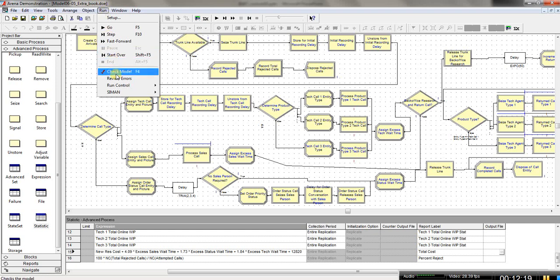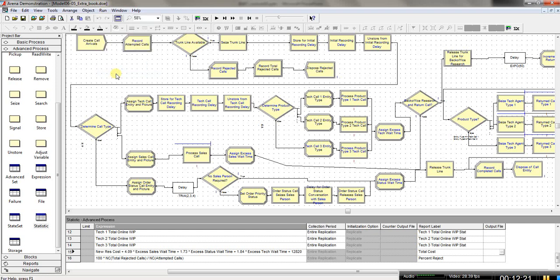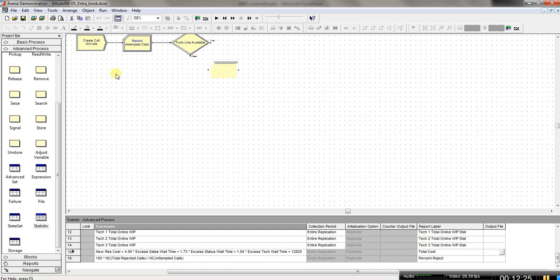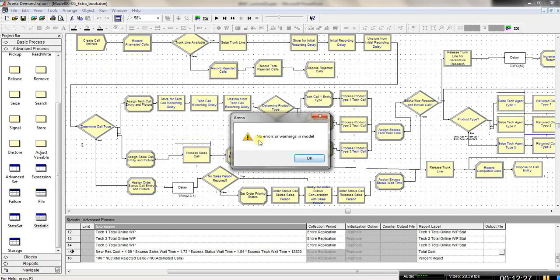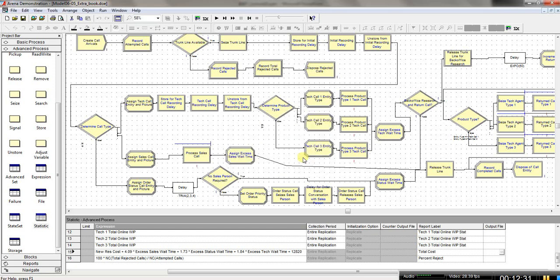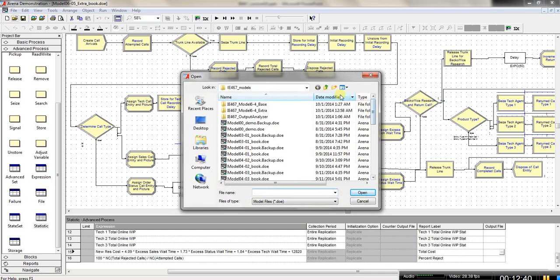So I can check the model here. If I click check the model, it of course spends some time to create this, right? So it also tells me no errors or warnings in the model, so my model seems to be correct. And then when I open it again, and again scroll down to,